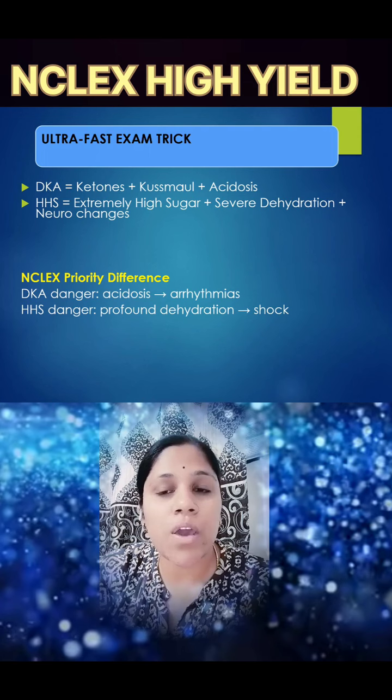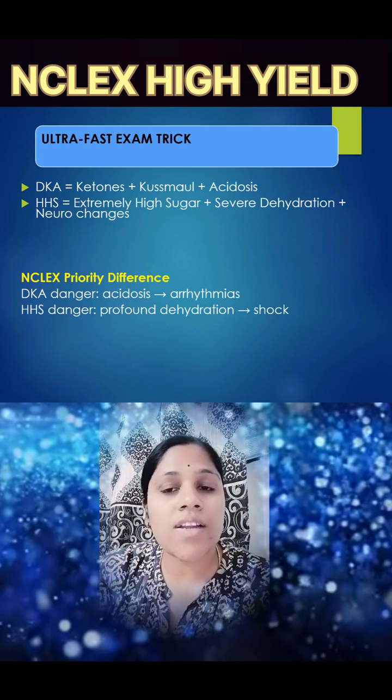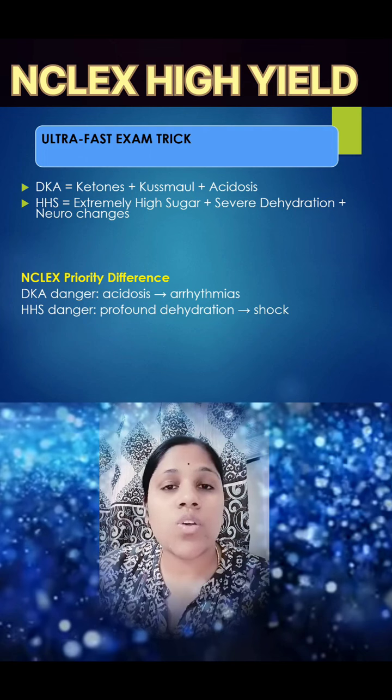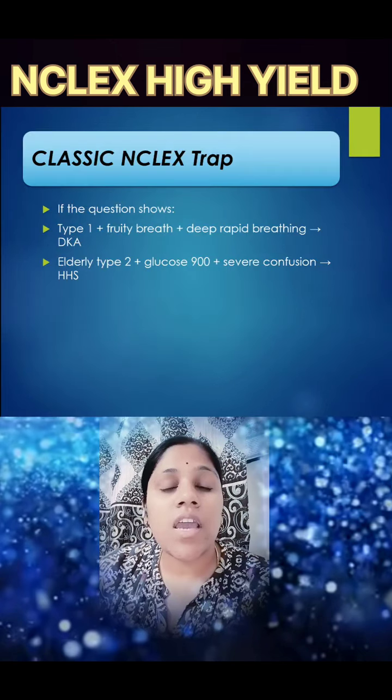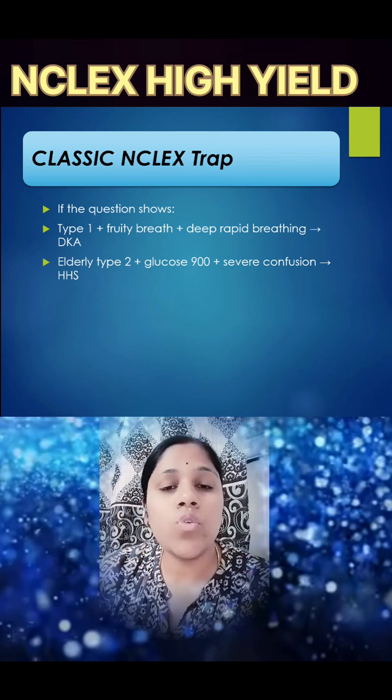And what are the NCLEX priority differences? DKA causes danger through acidosis and arrhythmias because of electrolyte imbalance, and the HHS danger is profound dehydration, and the patient might end up in shock. So the NCLEX trap here is, if the question shows type 1 with fruity breath and deep rapid breathing, then we have to pick up